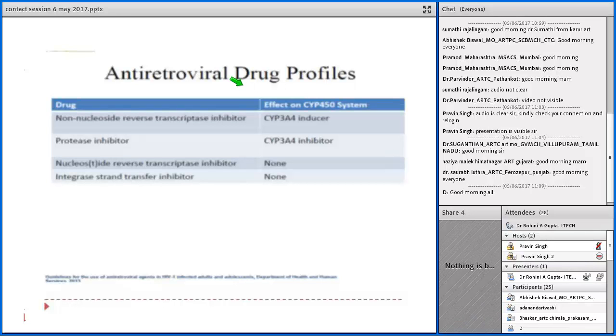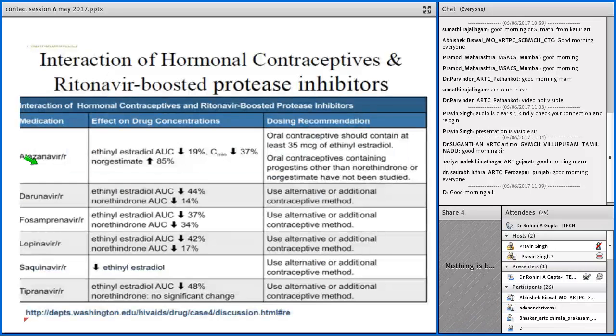NNRTIs are inducers, protease inhibitors are inhibitors. What is important to know is that integrase strand transfer inhibitors and tenofovir, that is nucleotide reverse transcriptase inhibitors, do not have any drug interactions with oral contraceptives. They are safe to give because they do not affect the